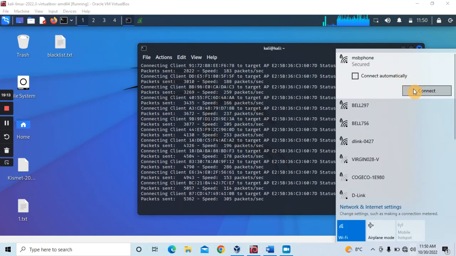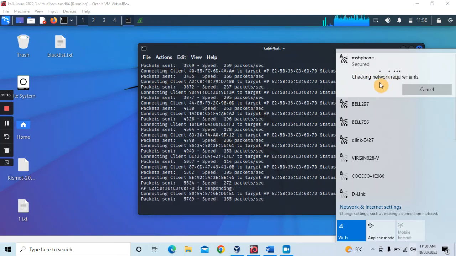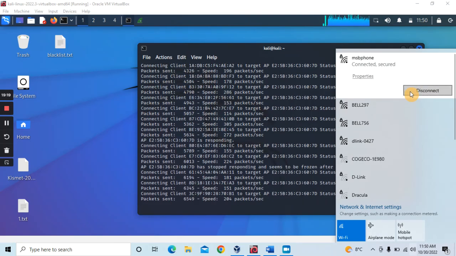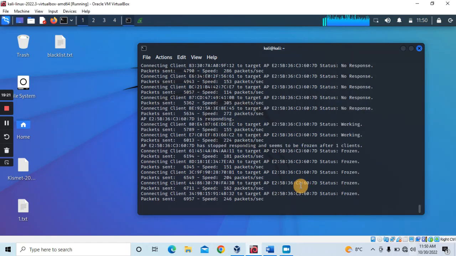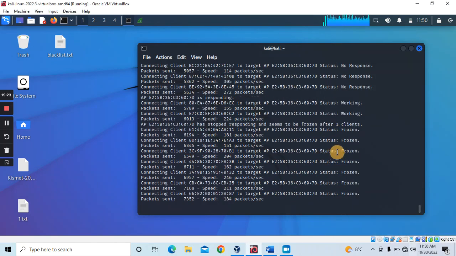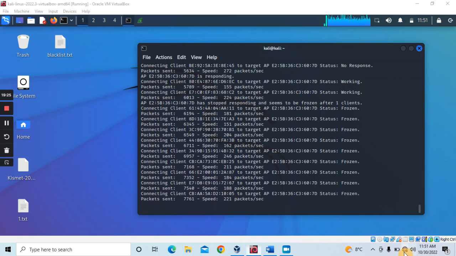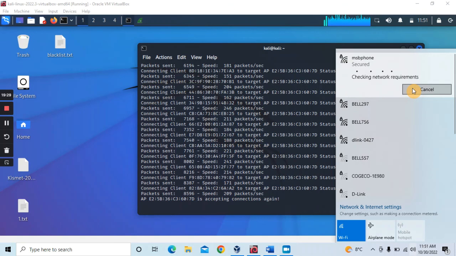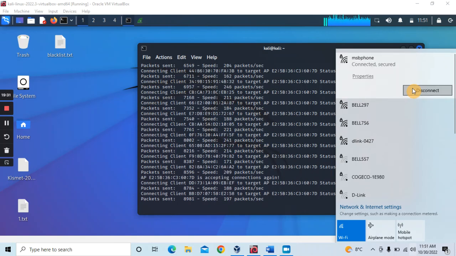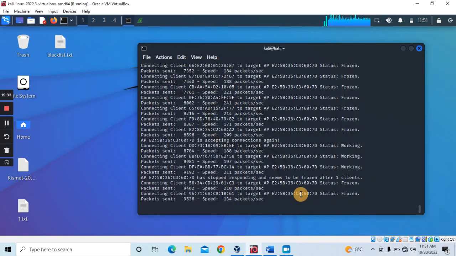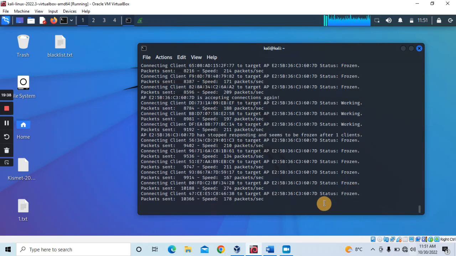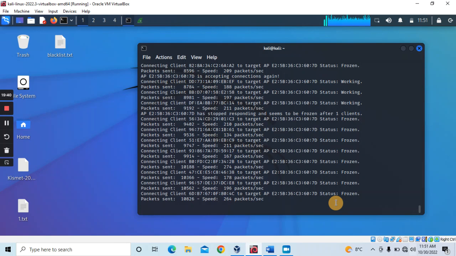We have to wait a few more minutes. You can see right now it's connected. But if you wait a few minutes, you can see here it says frozen. We have to wait a few minutes,